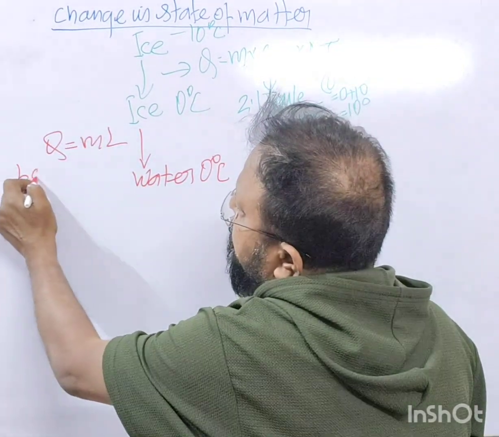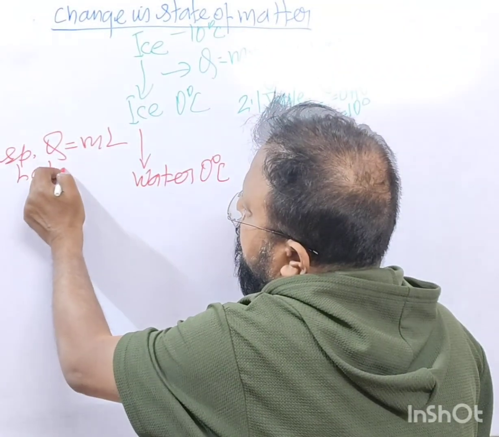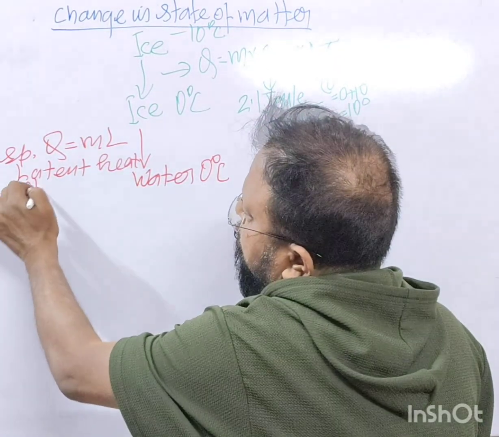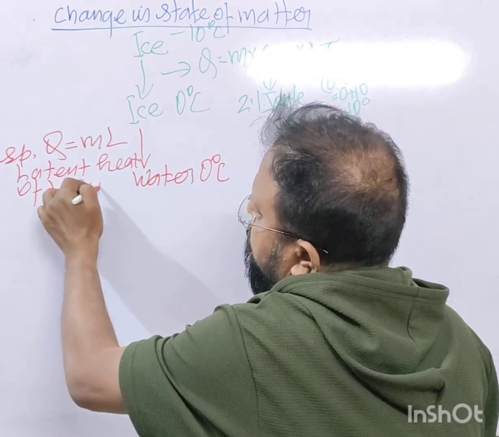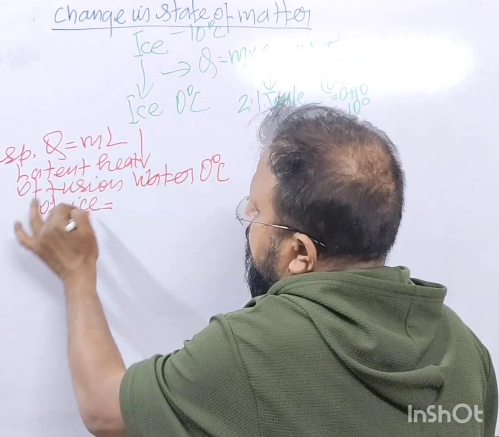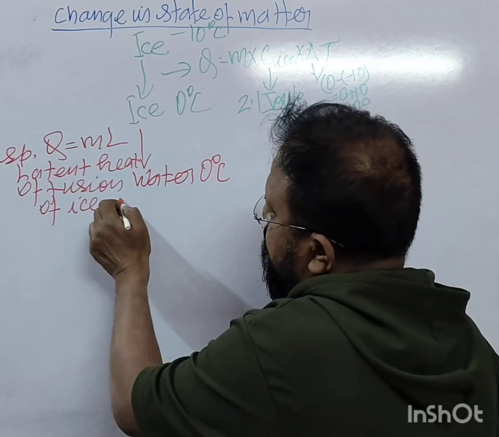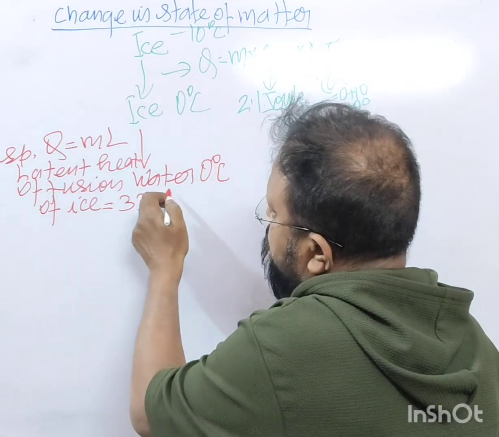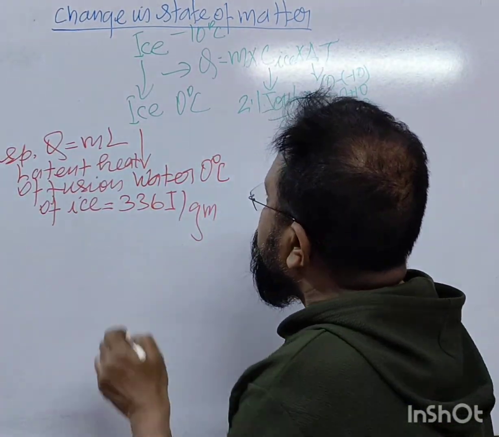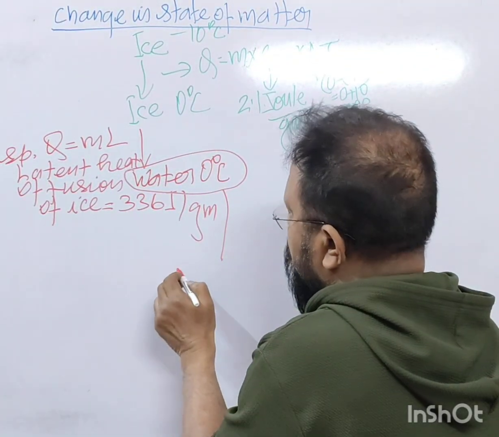This is latent heat, specific latent heat of fusion of ice. That is, the specific latent heat of fusion of ice is 336 joule per gram, right? Now this 0 degree Celsius of water converts into water at